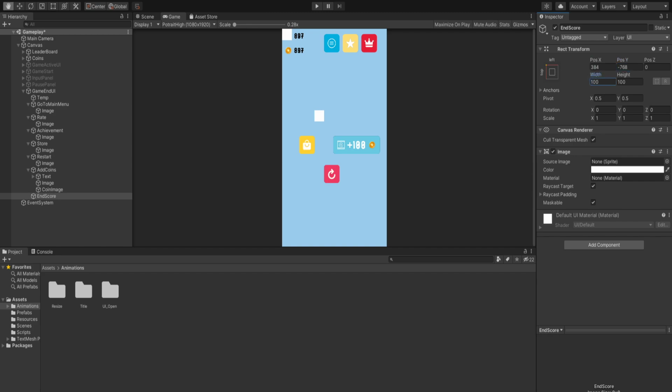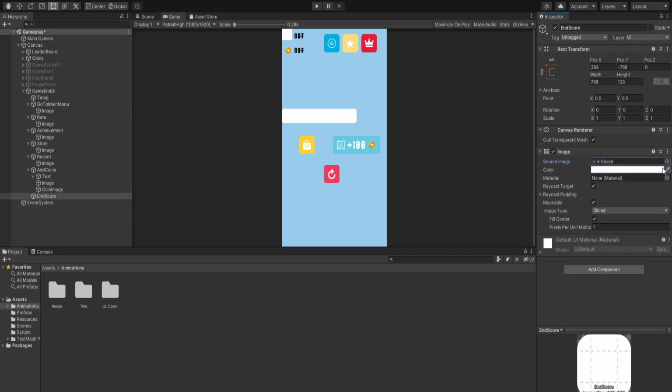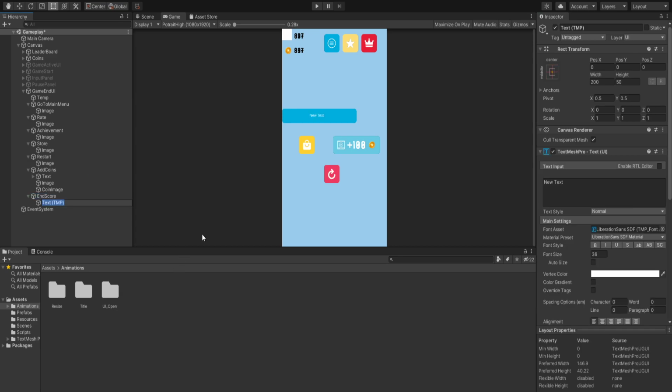Width and height we are going to use 768 by 128, and the sprite we are going to use is the 9 sliced, and the color we are going to use is pretty obvious, the bluish color. And we'll add a font to it, UI text mesh pro, and let's just call it count,